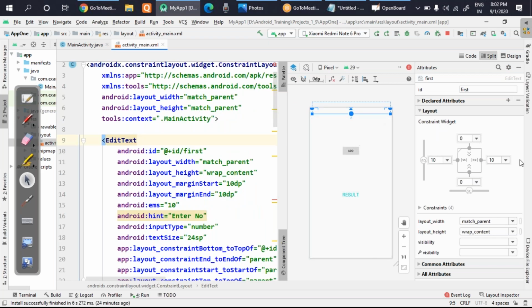If I select the first one, it's wrap content. Okay, fine, that's correct. Height should be wrap content.